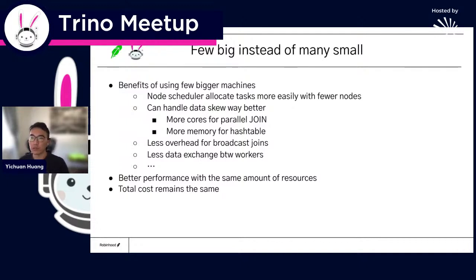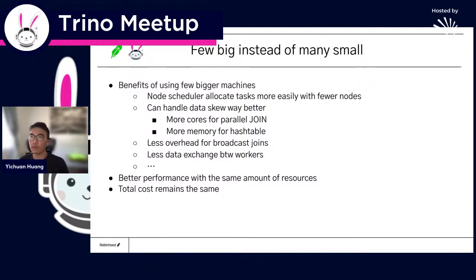That's because bigger machines have more cores for parallel joins, and they can also allocate more memory for hash tables for building probe tables. Also, fewer machines mean less overhead for broadcast joins and less data exchange between workers. And the other thing we